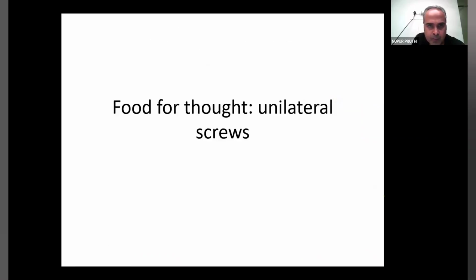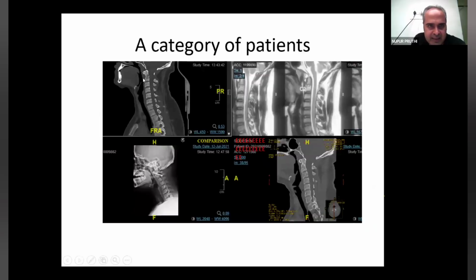This is my message. Food for thought: can some fractures be managed with only unilateral screws? Yes, I think there is a distinct category of such patients which can be managed with only unilateral screws, because all they need is some immobilization for some time, and then the fracture will heal. For example, this patient has a slight displacement of the